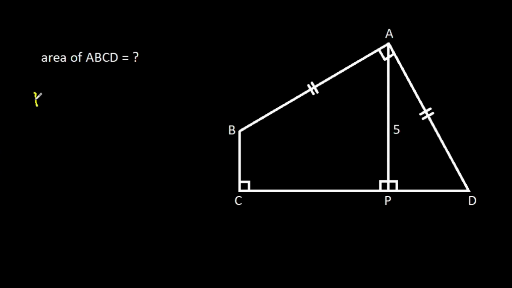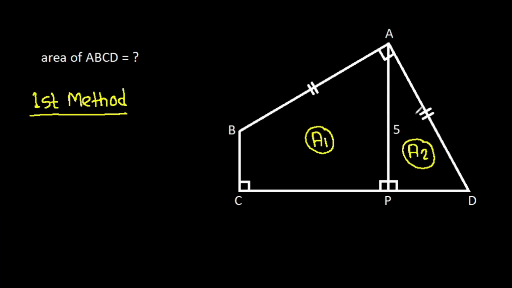So the first method, suppose this area is A1 and this area is A2, then area of ABCD, it will be A1 plus A2, and if we extend CB